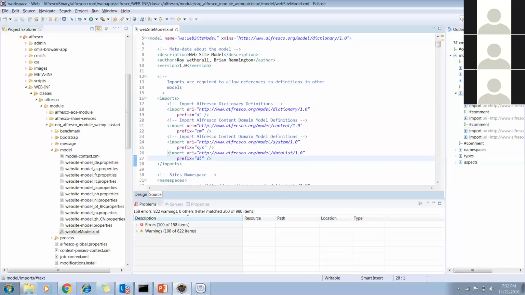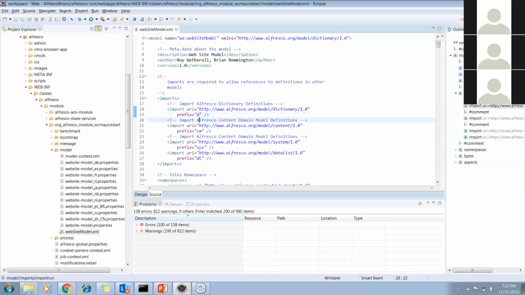So like that they have imported four. This is the dictionary. First is the data dictionary. It defines what is the content, what are the types of the data, what is the text type, what is the string, what is the date type. All these definitions are defined in this dictionary content model.